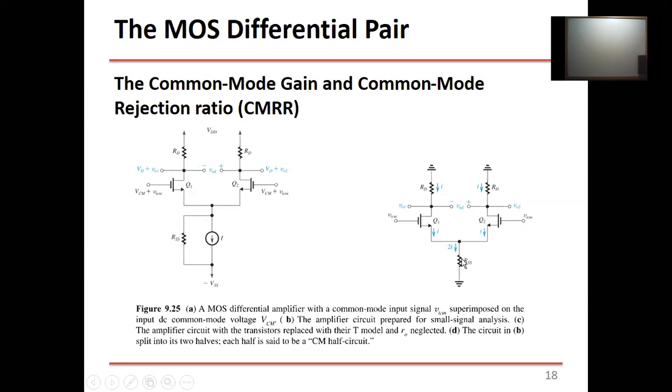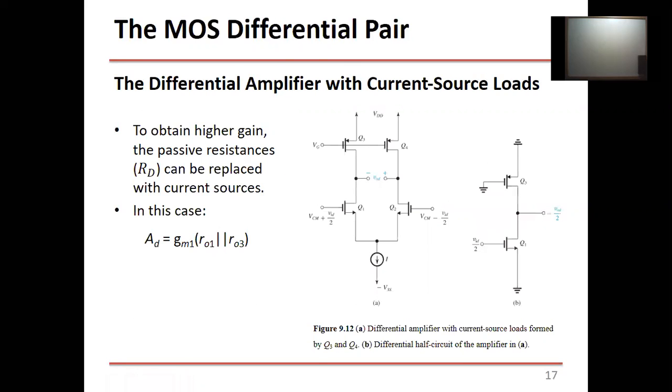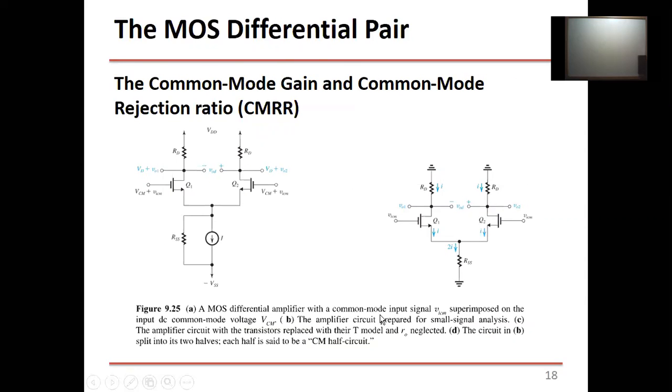So the source now is not grounded directly, but it's connected through RSS to the ground. But again, for the circuit analysis, for the AC analysis, this is not gonna change too much. Let's just go ahead and find the common mode gain. Okay, so if we'd like to put this circuit in the AC analysis, we have to connect this to the